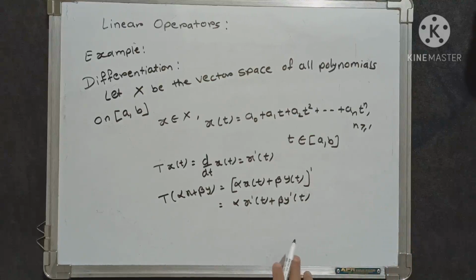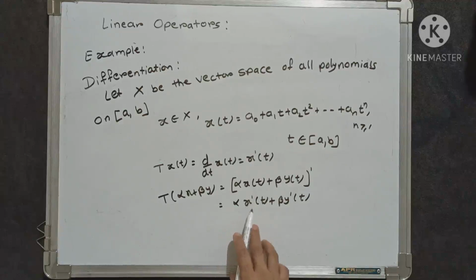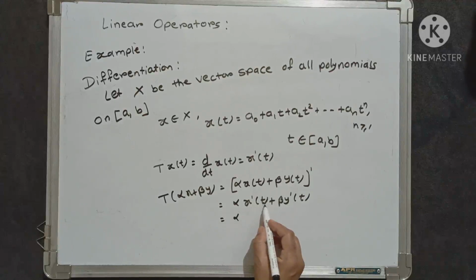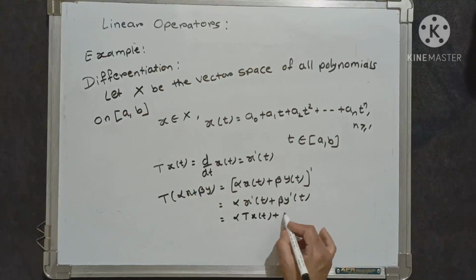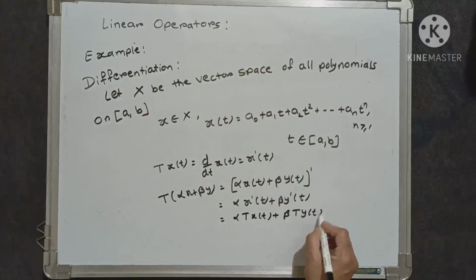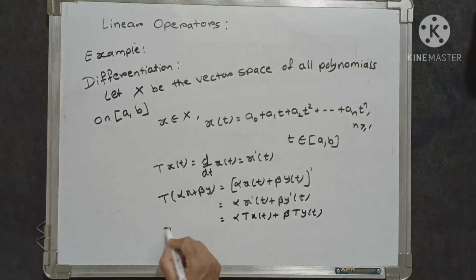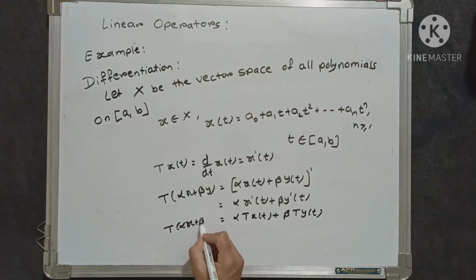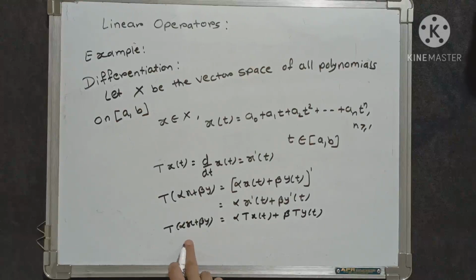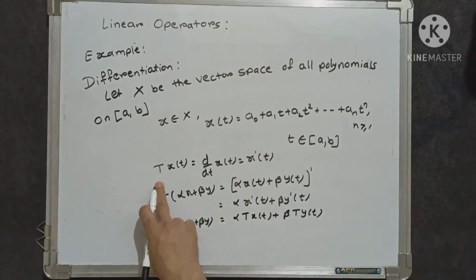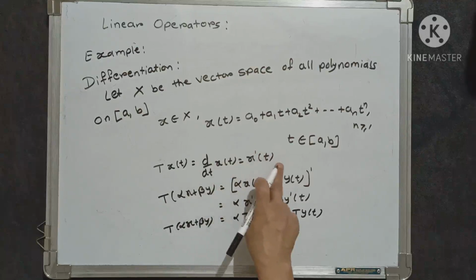This prime denotes the differentiation, and it separates the constant, and therefore it equals alpha x prime of t plus beta y prime of t. And this equals alpha T of x of t plus beta T of y of t, and therefore T of alpha x plus beta y equals alpha Tx plus beta Ty. So we get that the differentiation is a linear operator, that is, the operator T defined like this, T of x of t equals x prime of t,